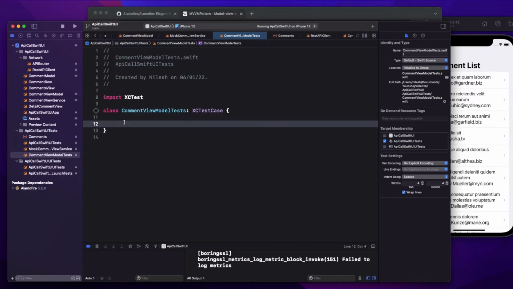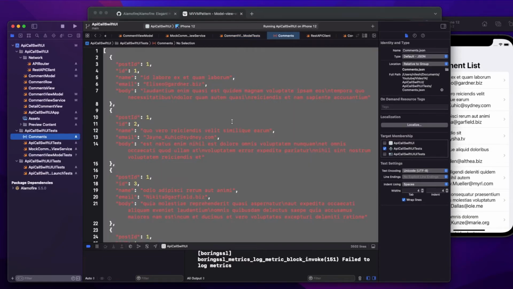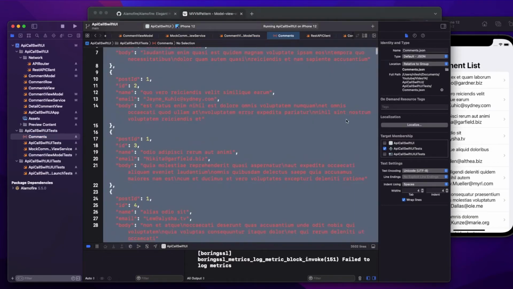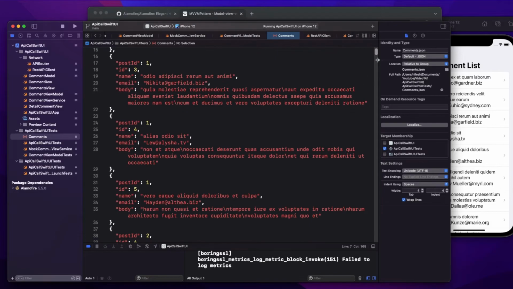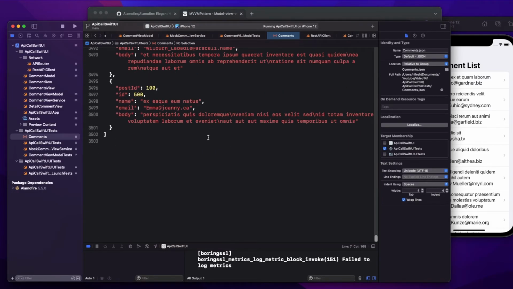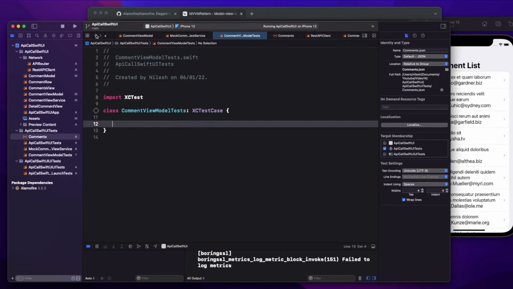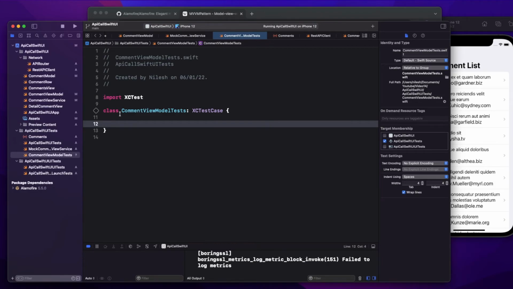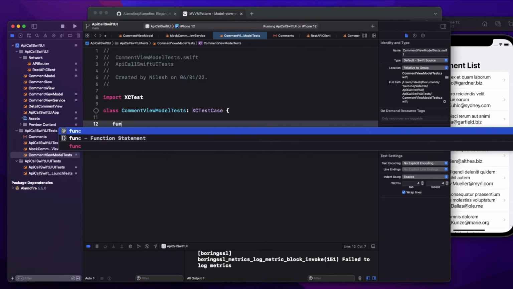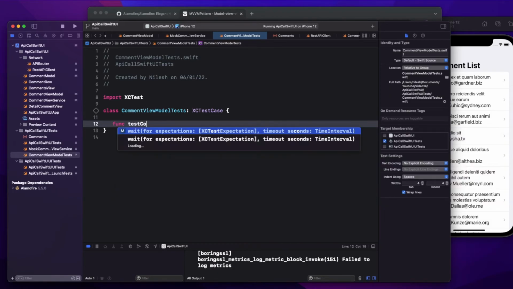And so what test cases can we cover in this particular scenario? One thing is how many comments we have. So we have a total of how many comments? Let me go down. So we have around 500 comments in this case. So we can count whether we are getting all the 500 comments or not. Okay, so let's write a function test comments,